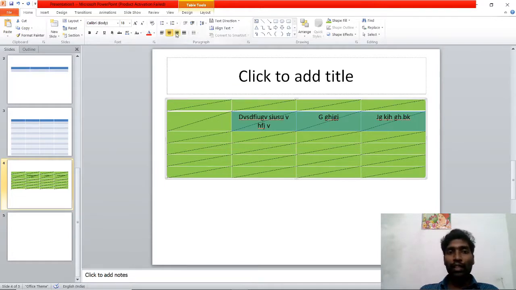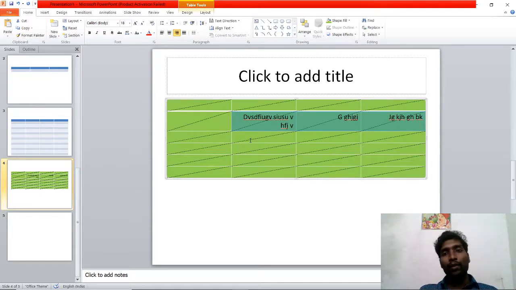If you want left align, here is left align, and right align for right. You already know the shortcuts: Control plus E for center, Control plus L for left align, and Control plus R for right align. I already explained this once. If you forget, please learn the shortcuts.